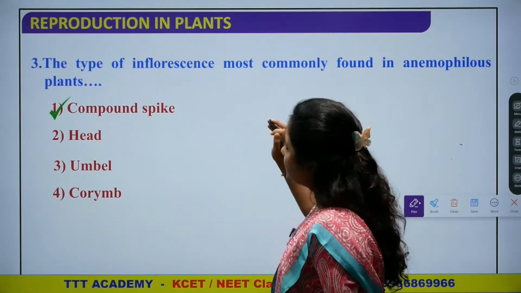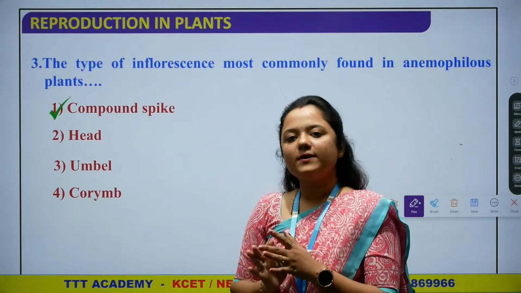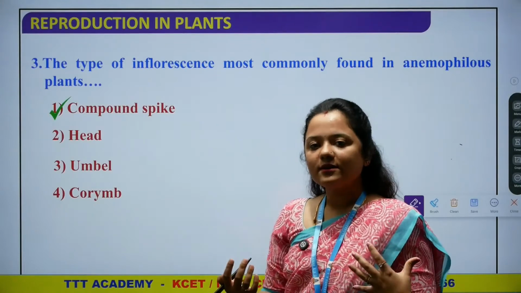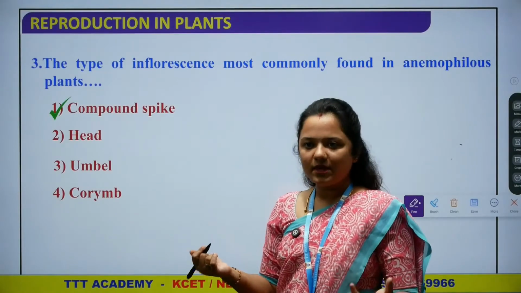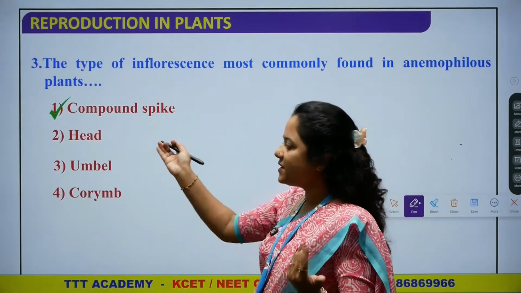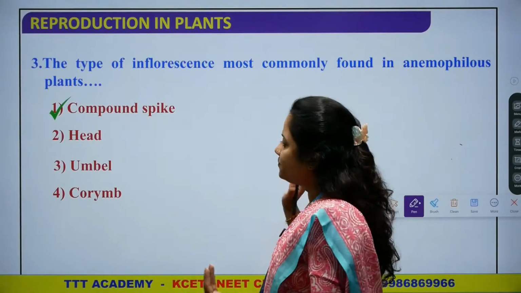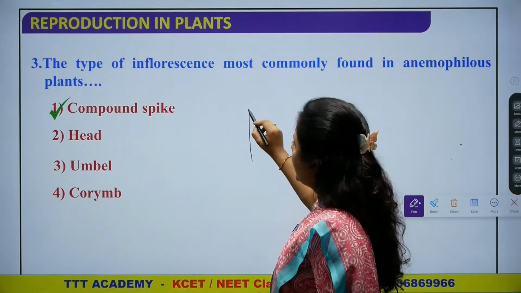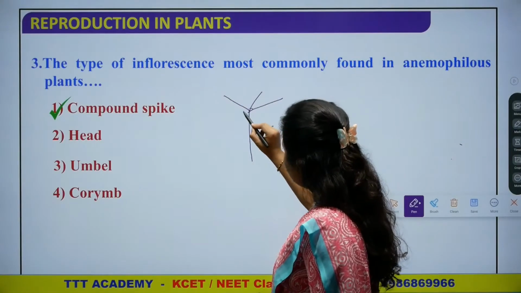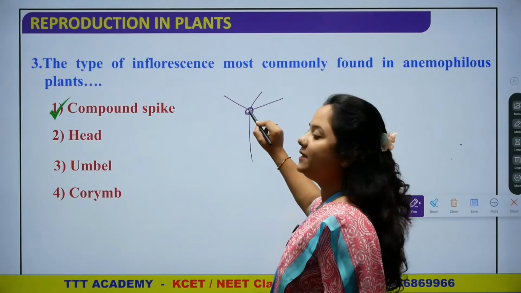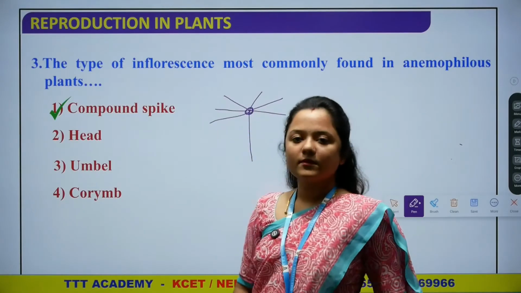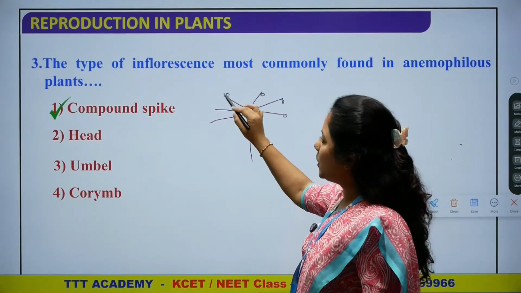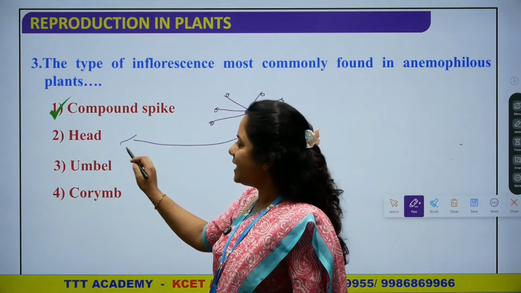Now, this inflorescence is a group of flowers, for example sunflowers. When they are arranged, we see different shapes, and based on how they are arranged, we have given particular names for them. See, head means this is the stalk of the flower, and the head arrangement is such that at the axial point, at one point only, many small stalks arise and we can see the flowers on it. So this type of arrangement is head.